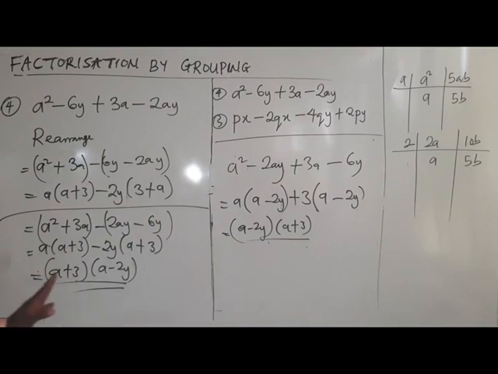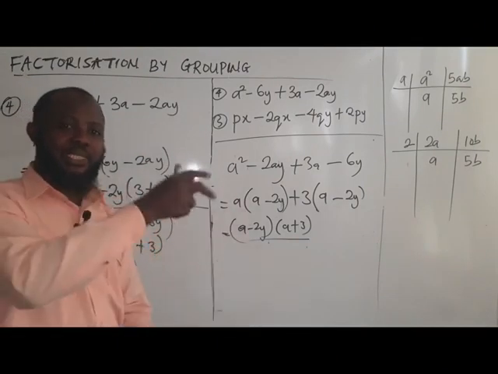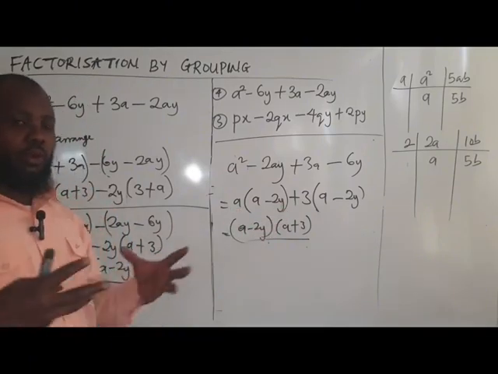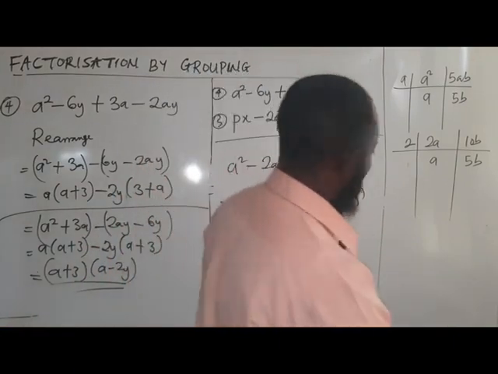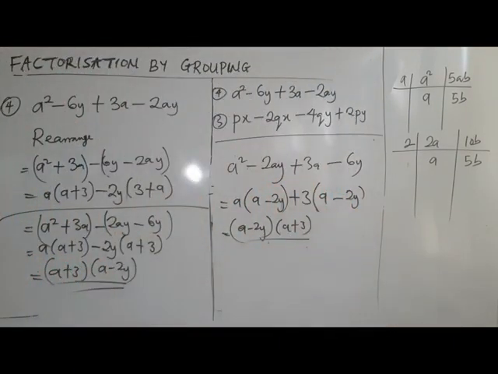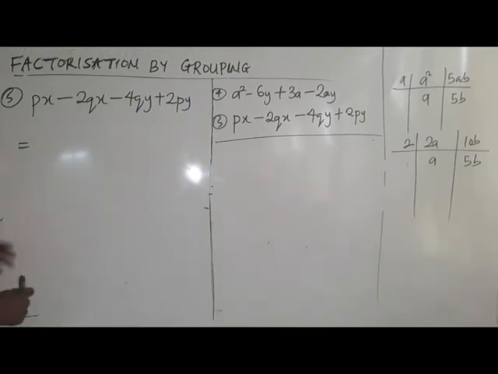So let's now look at the final answer. This is a situation whereby you need to rearrange the terms before you can what? Group them in pairs. Hope that is clear. So let's look at the final question here. Okay, this is the final question here. Example. So if you look at this, x is common. So if you bring out x. Now one thing about this is that